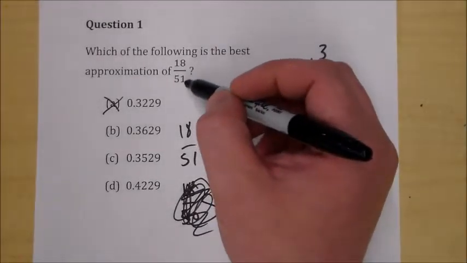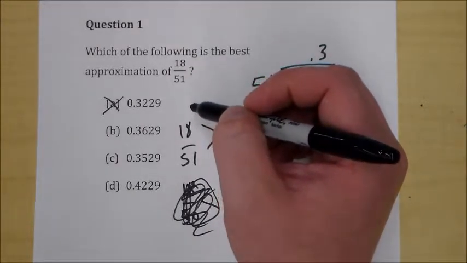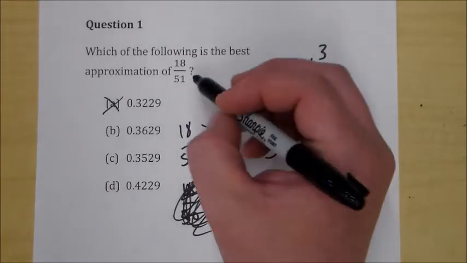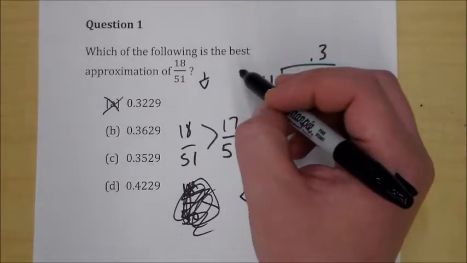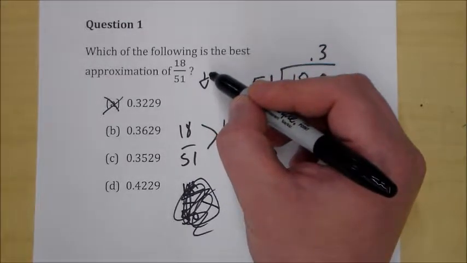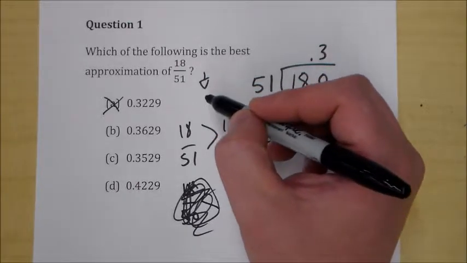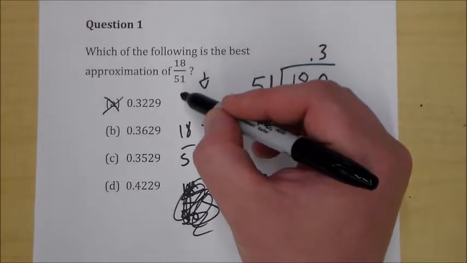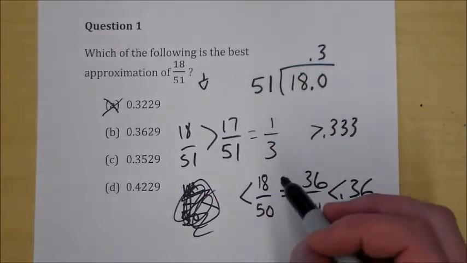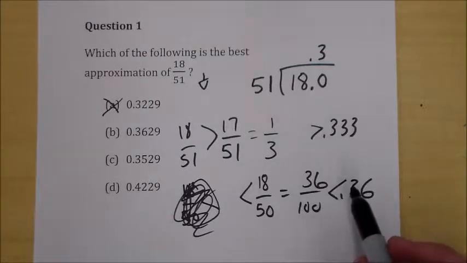Less than, because we brought this number down. As we bring this number down, down, down, the total value of the expression 18 over whatever is being brought down goes up. As this number goes down, the total value goes up. Think about it. 18 over 1 would be 18, so that would be really big. And 18 over 51 is less than a half. So as the denominator goes down, the total value goes up. So if we bring that down to 50, we know that we're bringing the value up. So it has to be less than